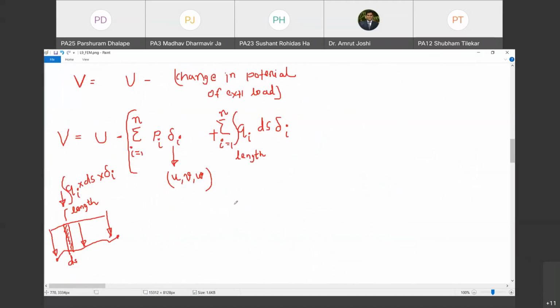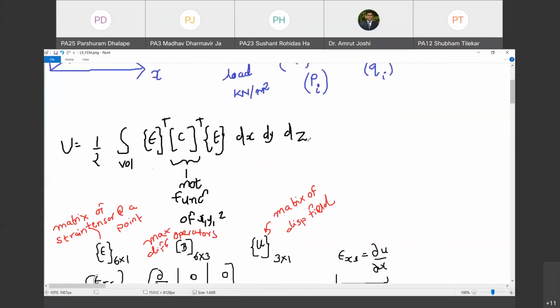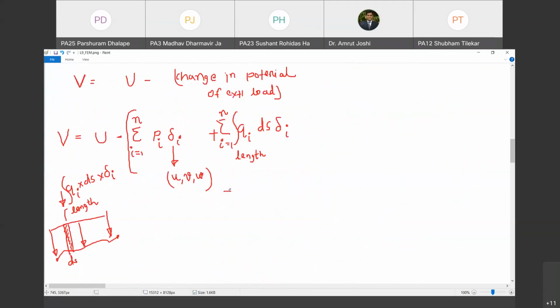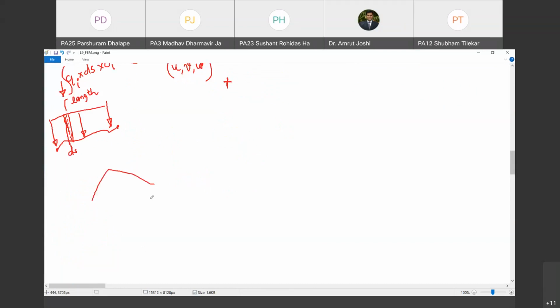Okay. Now let us look at the next type of load. Next type of load is a surface load. So how do I write surface load here? Surface load typically acts on a surface. So let me say this is the surface on which surface load is acting, like this. So what I'm going to do is consider a small area here. This area I'm going to call dA, dA tending to 0. Whatever is the pressure on this area, that intensity is SI. So SI multiplied by dA.